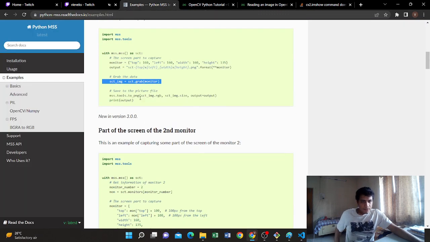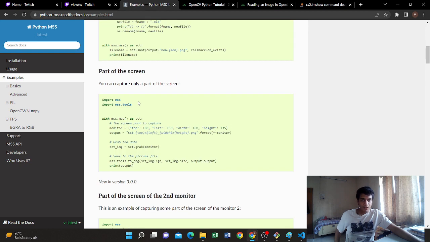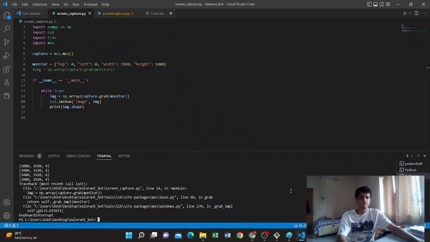Is it there on MSS? Save to the picture file. Okay, so yeah, we got it. So mss.tools to png, and then yeah, I got it. Okay, so once we capture it,